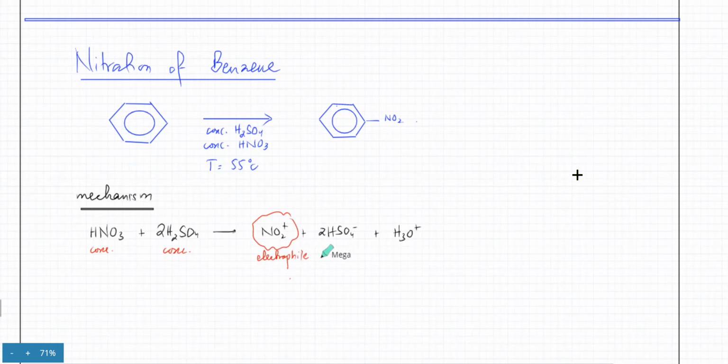And that leads to the formation of this NO2 plus electrophile. So electrophile is created in the first reaction that happens, which is why you're adding concentrated sulfuric acid and concentrated nitric acid. So the first part is an electrophile is created. It's a positive ion. Positive ions, they get attracted to benzene. अच्छा, अगले स्टेप में फिर रिएक्शन स्टार्ट होता है. What happens is कि